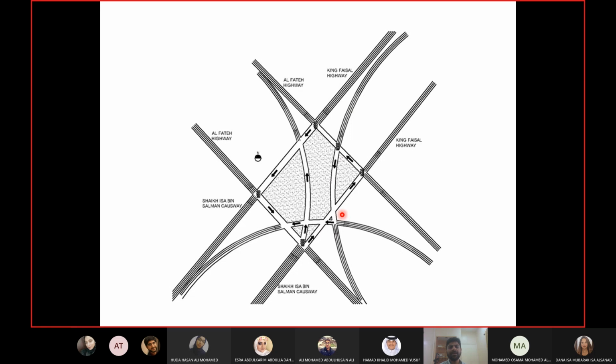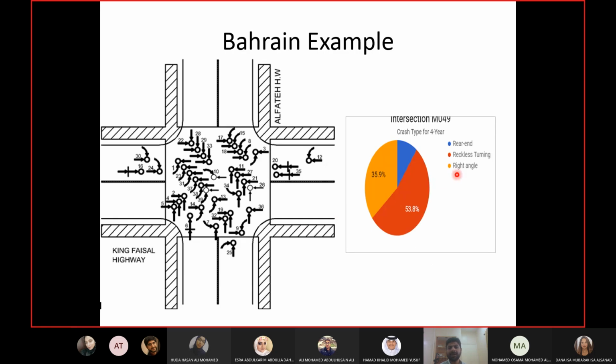Now let us take each case. We start with right angle crashes, because we have already discussed them in the previous example as well. So right angle crashes are these, and they happen, we know the reason, two drivers entering the intersection at the same time, or one driver entering the intersection or receiving the green when the other driver has not left the intersection. And we know the reason. The reason is not having enough clearance time.